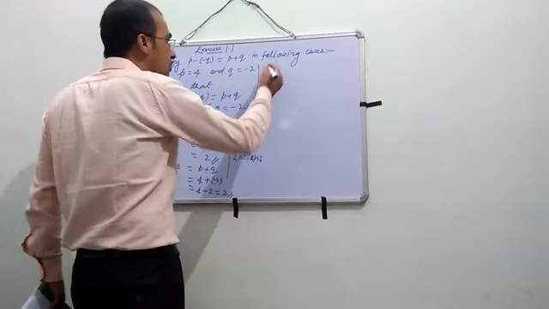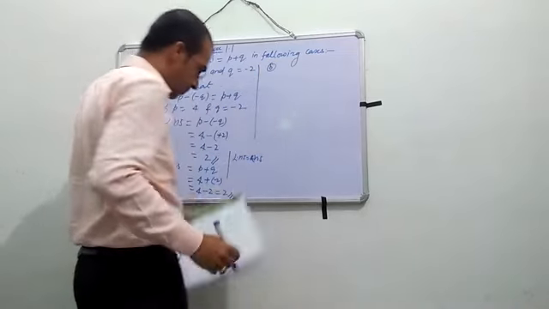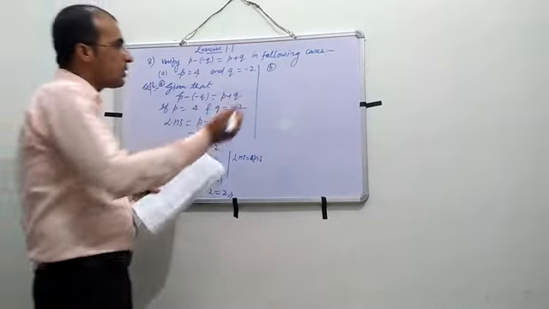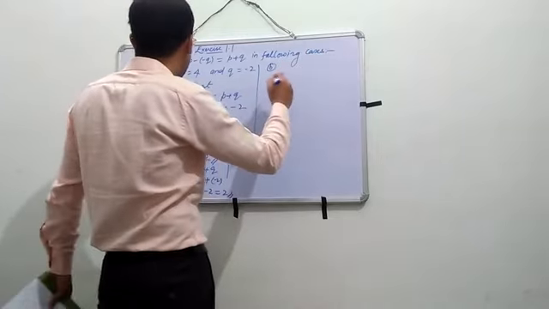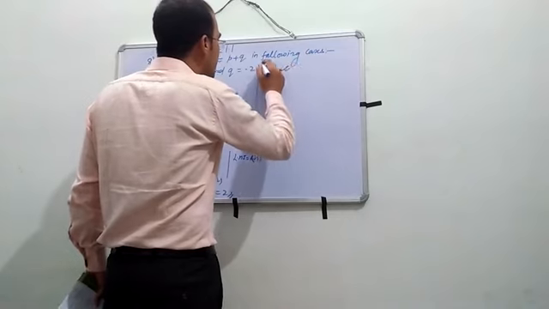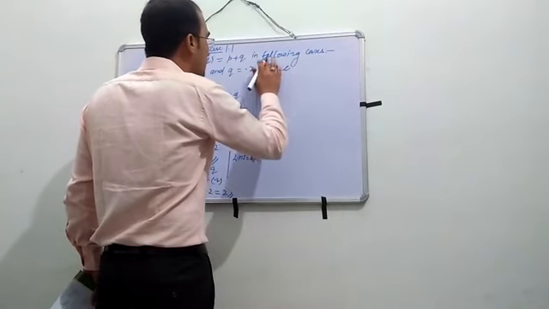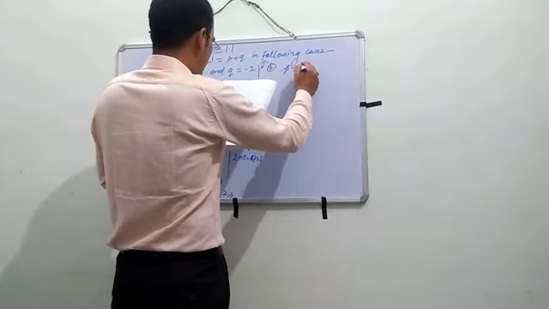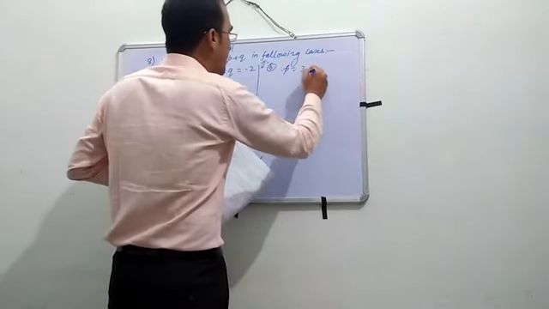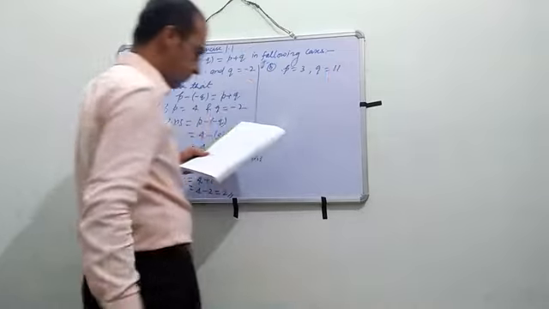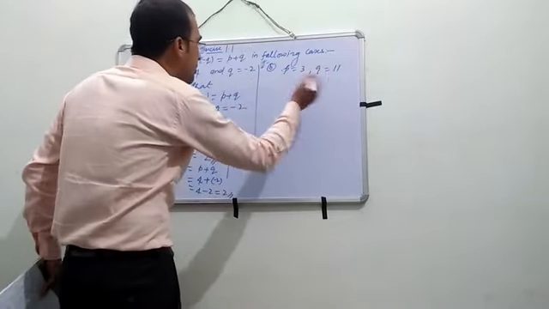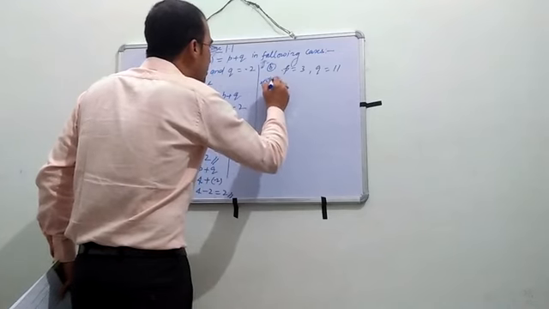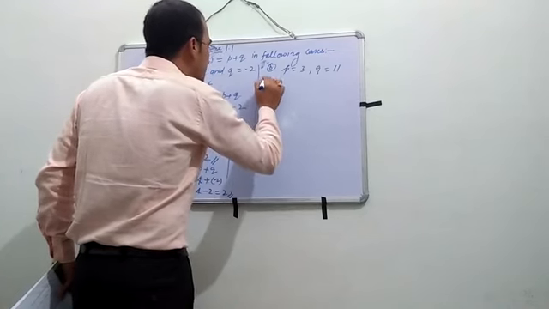Now the second part of this, you can see, B, it is given. So the statement is given here. First we will write the statement given, that is, p equal to 3 and q equal to 11. So what to do in this question? Solution: you have to follow the same process.